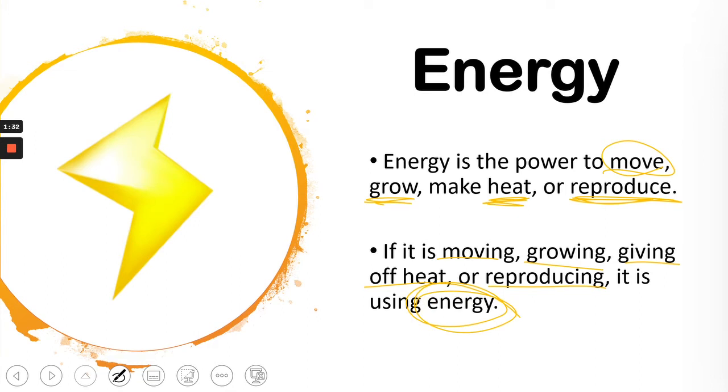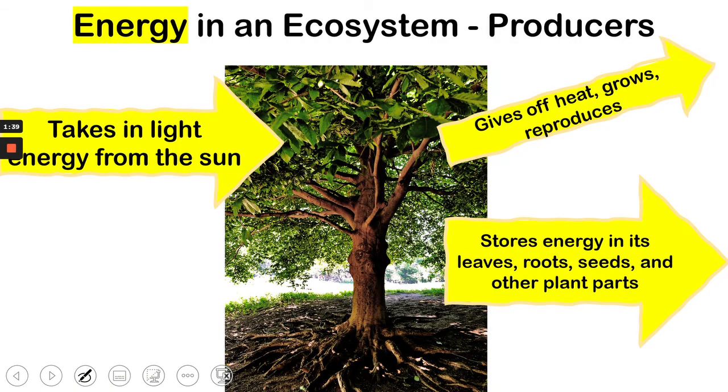So let's look at where the energy in our ecosystems and our food webs comes from and how it moves through the system. All right, and we're going to start with our producers, our plants. And we learned that at the very beginning, plants are getting all their energy from the sun, that star way out there in our solar system. It is where all the energy that the producers are using is coming from. And we learned that they take that energy in, they absorb it through their leaves, and they use it to power themselves. They are literally solar powered.